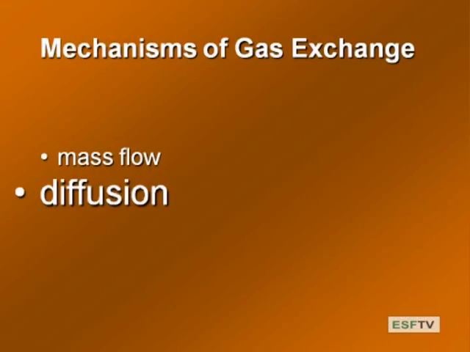Let's think about gas exchange. We've talked about these static things, and now let's think about what's going on. There are two ways to move gas around in the soil: mass flow, and by mass flow think about wind or changes in atmospheric barometric pressure, or diffusion. The big one here is diffusion. That is the primary way that gas is exchanged between the soil and the atmosphere. Again, not mass flow, but diffusion.